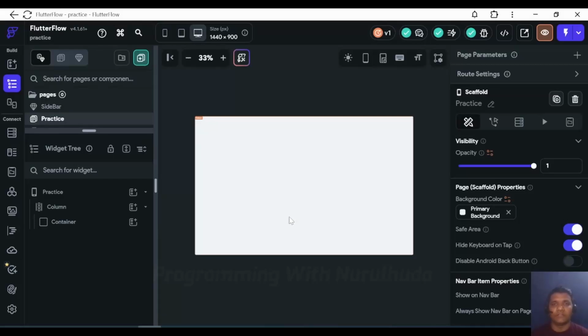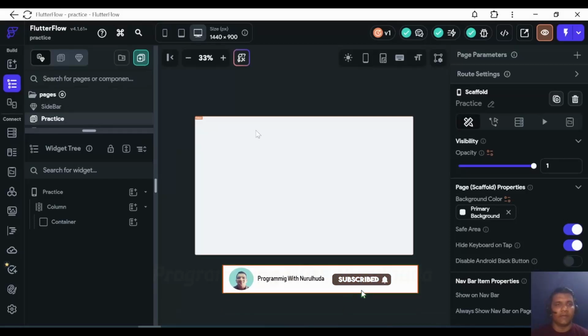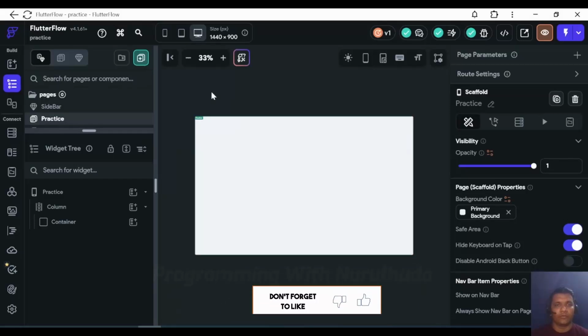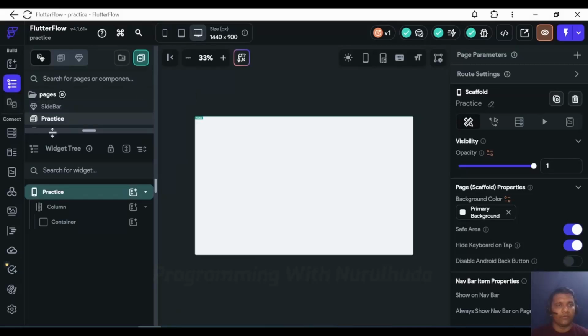Hi, today we discuss abstract variables in FlutterFlow. Basically, an abstract variable is used to access and modify data in the entire application of FlutterFlow. So we go to the FlutterFlow editor, and right at the side,